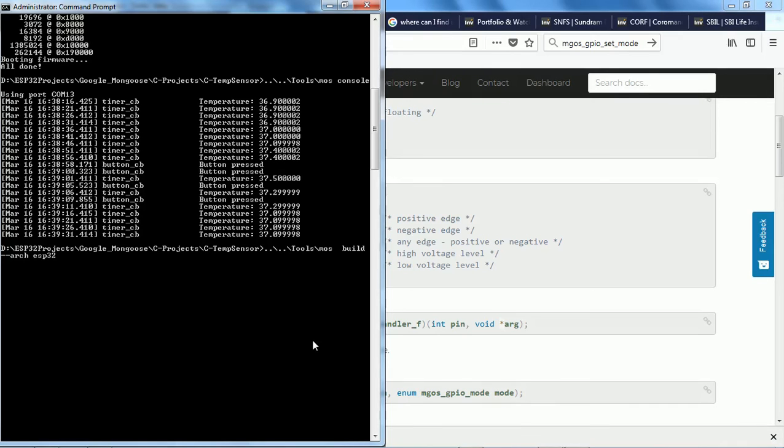So the first step is we need to build. So this is the first step, that is building using the architecture ESP32. If your build fails, that means this is a compilation process, compilation and linking, everything. That's a standard process. If you are having a syntax error or anything that you goofed up, all those things will be caught here. Then the second step will be flashing. Once you are done with the flash, then the third step will be to see the output on the console. So these are the three steps, the way in which you will basically do C programming on Mongoose OS when we have ESP32 hardware.